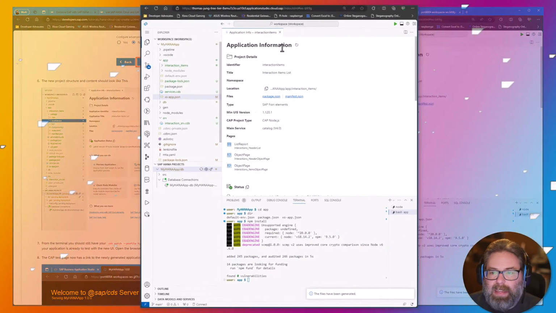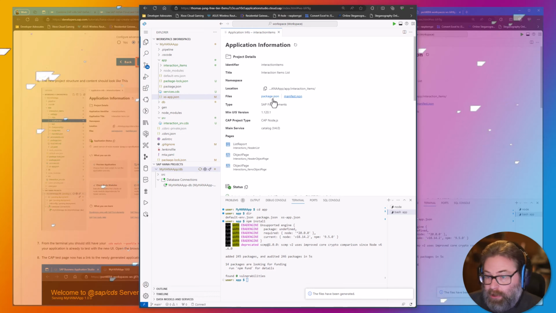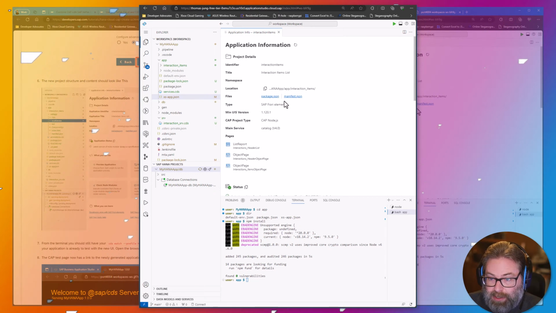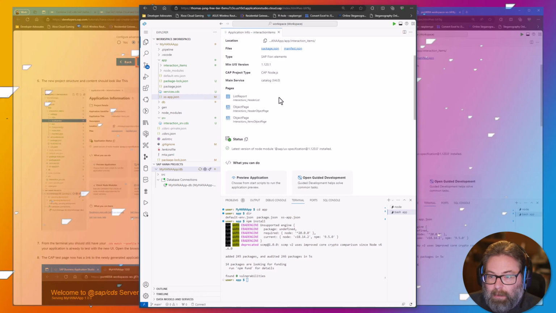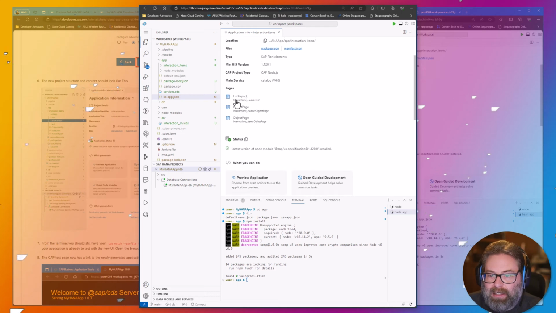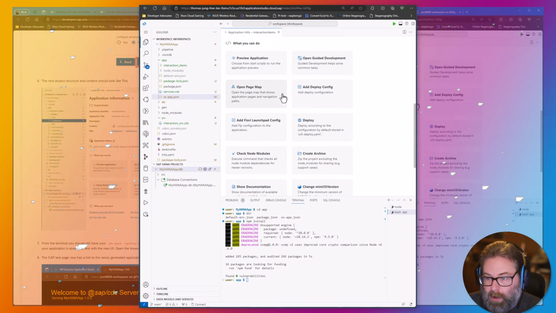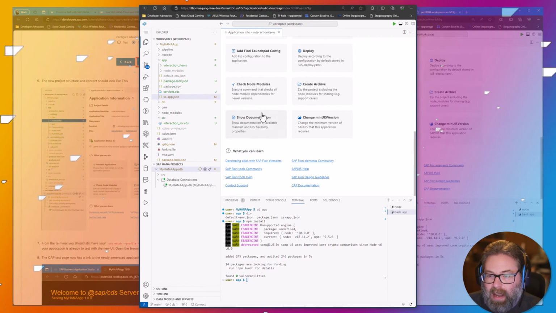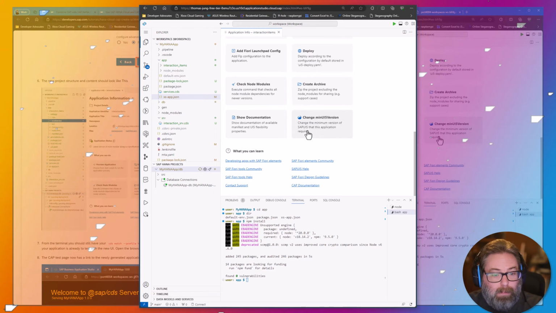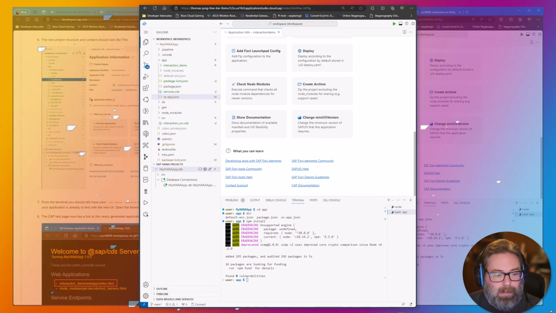And in addition, we've got the application information overview page, if you will, that tells you a little bit about the application that's just been generated and allows you to navigate into different parts of it. We see that it's an OData v4 Fiori application pointing to a CAP Node.js. We've got different pages that have already been defined by the wizard, an object page, a list report page. And then there's some actions that you can do, like previewing the application or already setting up and changing some things about it. But we're good at this point. We'll just go with what the wizard generated initially.